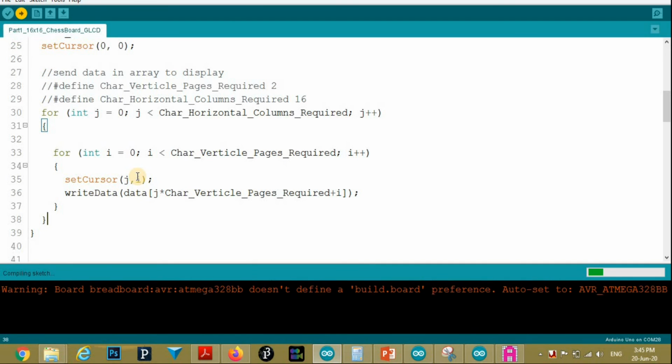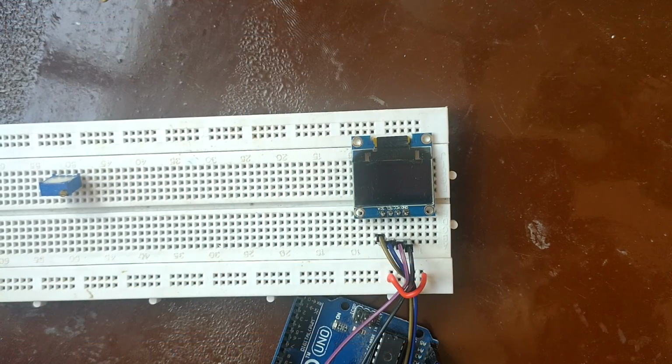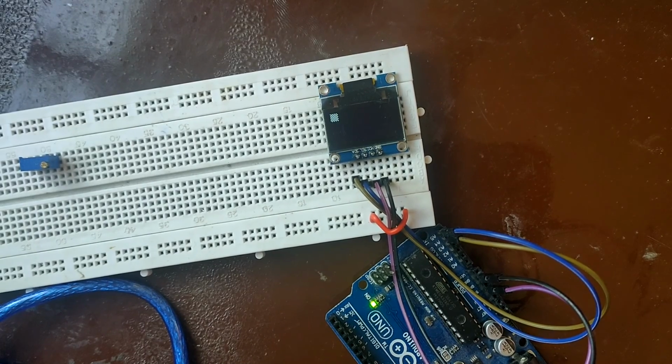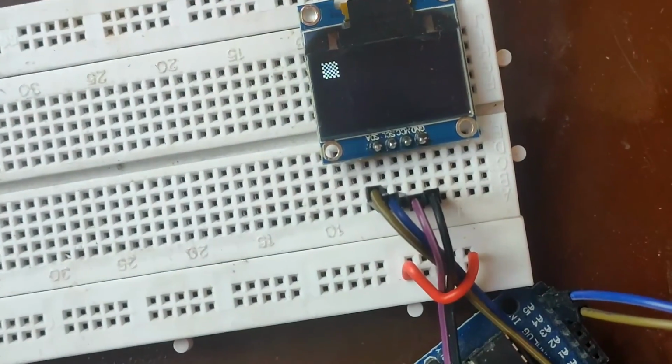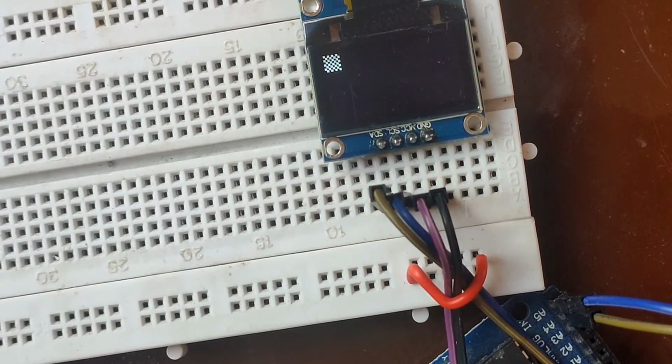Now we will upload this program to Arduino. After uploading the program, you will see our pattern on our display. Here you can see the 16 by 16 matrix is printed on the display.